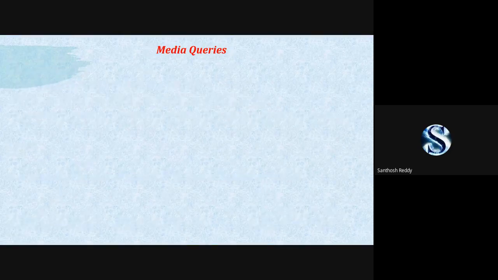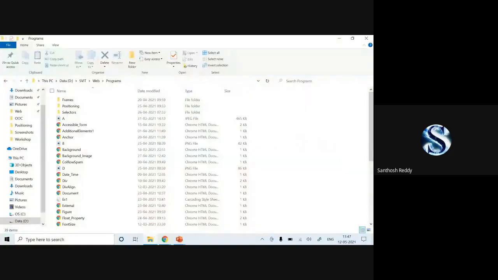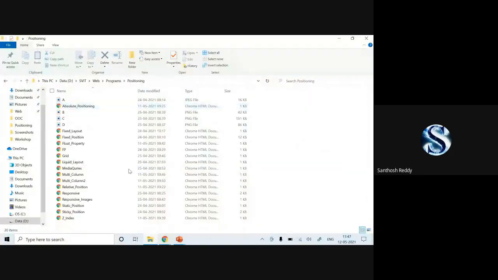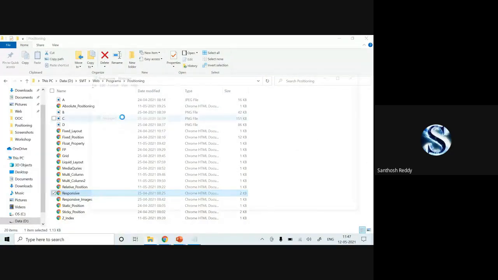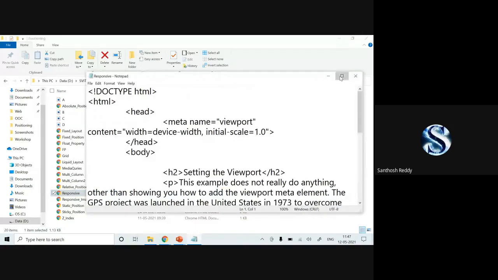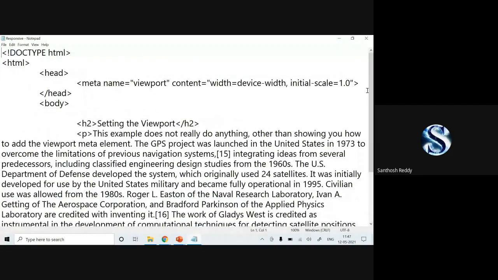Now we will see the responsive design code. See here, you can check where the meta viewport has been done. It is placed within your header part.